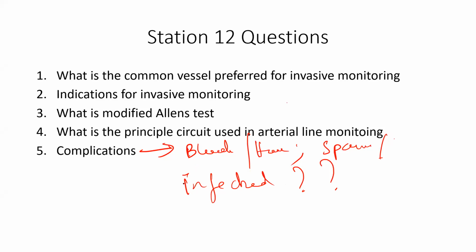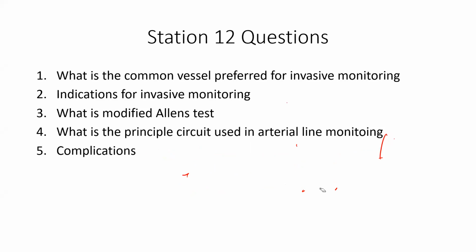Sir, the femoral artery site never gets infected at all. Why? High blood pressure. The flow of the vessel is so fast that there is no point of stasis, so all the organisms which try to multiply at the site are completely washed away. So the chances of an arterial line getting infected are extremely low. An artery line never gets infected because of the rapidity of the flow. It is only the CVC catheters or the venous line catheters which get infected.